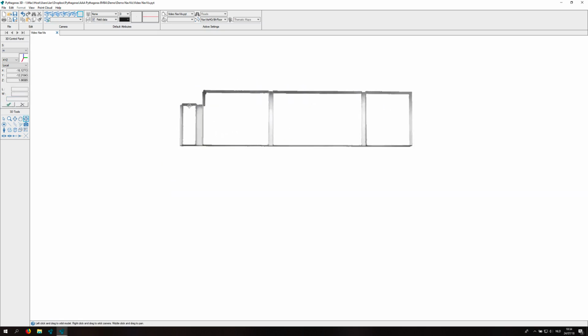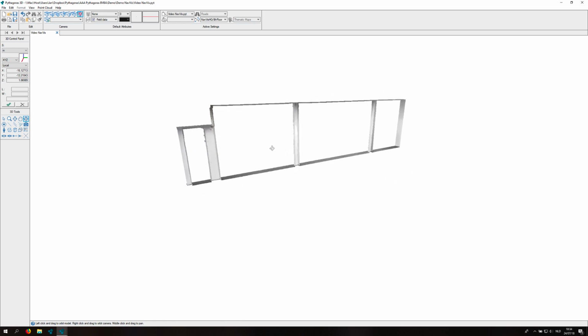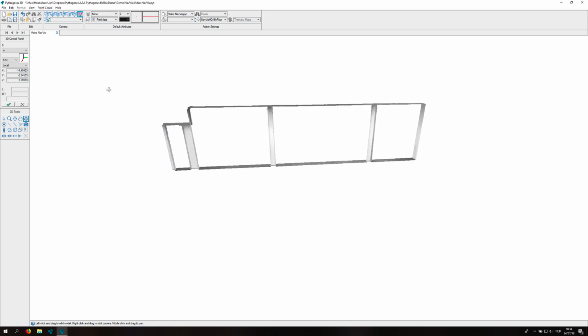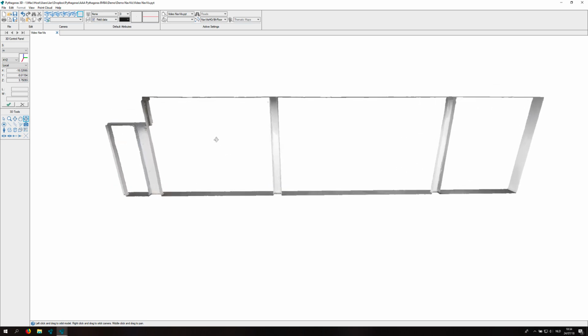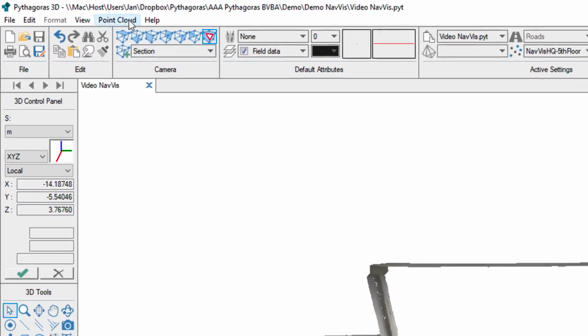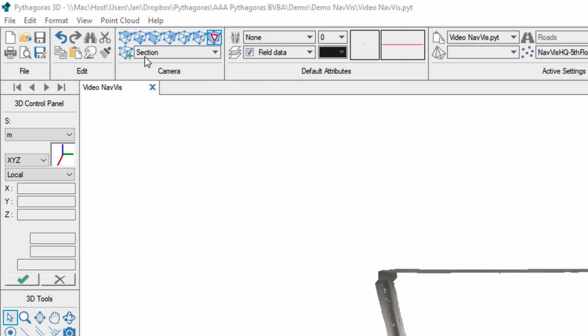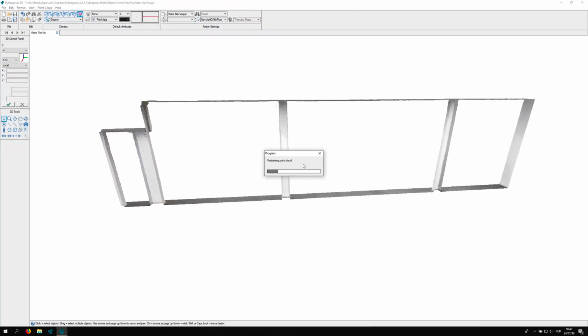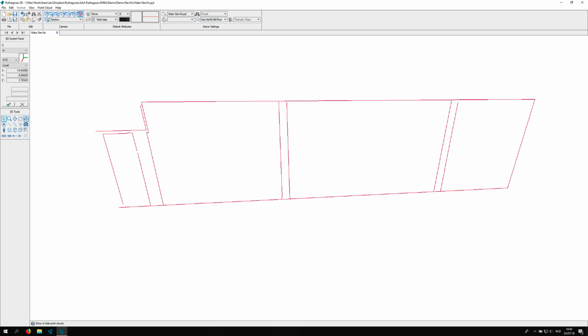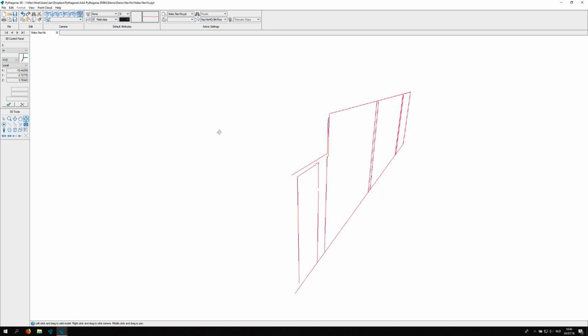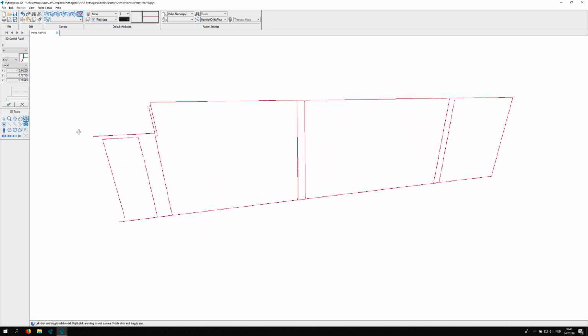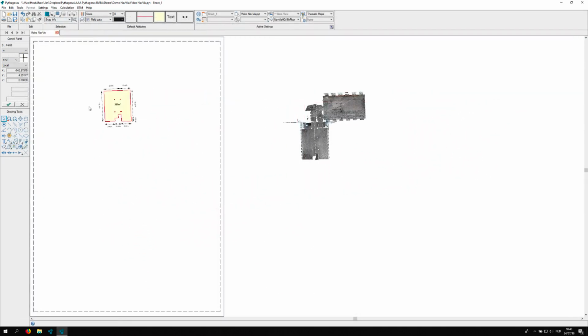So after editing and moving the section box, we end up with a good slice that is usable for vectorization. The principle is the same. We go to point cloud vectorize section and the algorithm will do all the work, and we'll start looking for points and lines in this slice. Again, switching off the point cloud shows you the result, so the points and lines that are created by the algorithm. Moving back to the 2D window, we see the result top down.